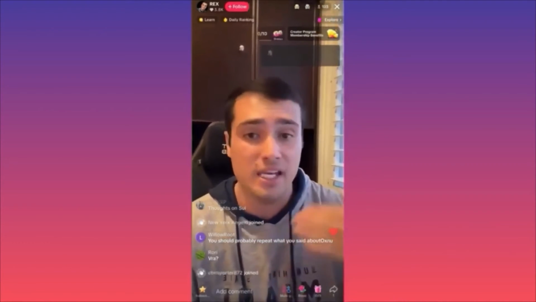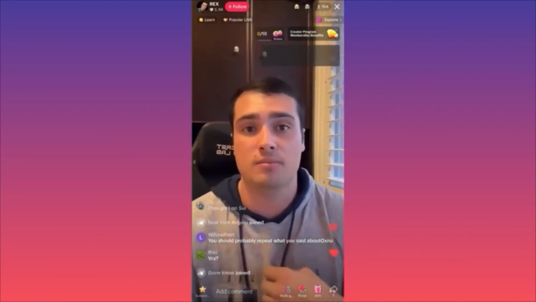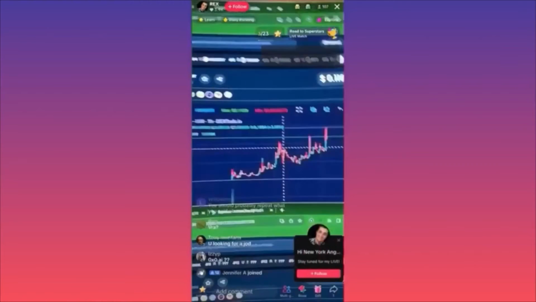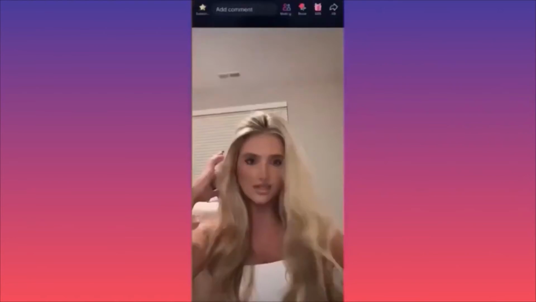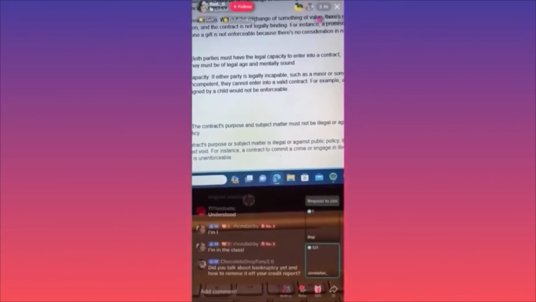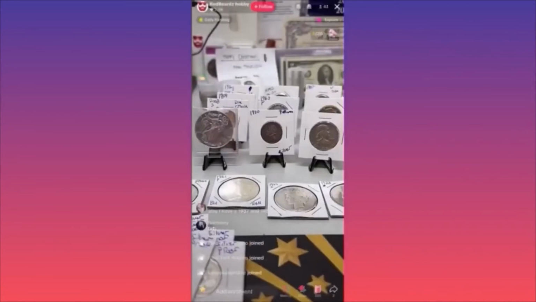Just think about how fast all these people who usually sell on Amazon, on eBay, reselling items, flipping on Poshmark, you can simply go online and show your items on the hangers. Earlier I saw a guy who had like 50 jackets, everything in pre-owned condition on hangers, and he's just showing the jackets one by one, and he was selling stuff. Look at this guy, he's selling coins. You can essentially sell any kind of items over here, guys, as long as you show up yourself.